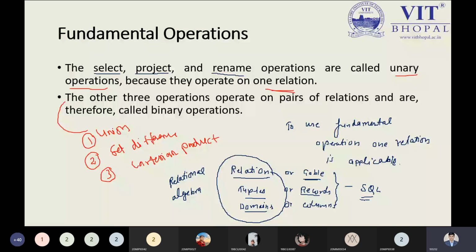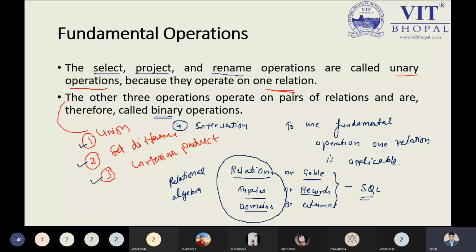Now come to the point we were talking about, the binary operations. Binary operations require two tables. They could be the same or could be different. So here we have the union operation, set difference, and Cartesian product. And of course, the fourth one I can look over here: intersection. So these are some things we have to study here properly step by step.